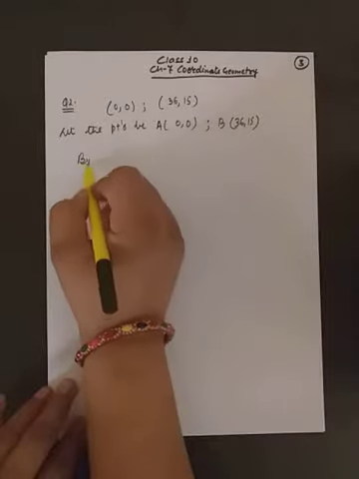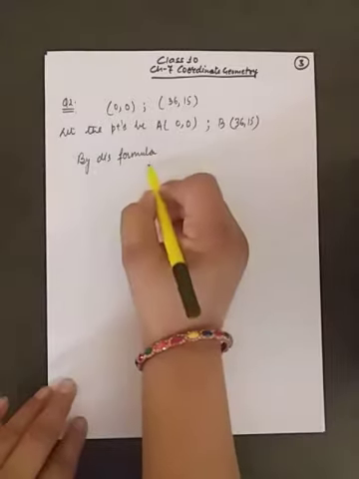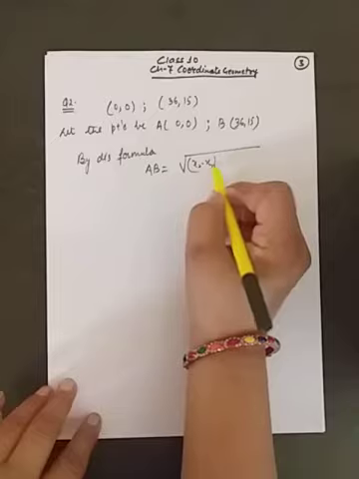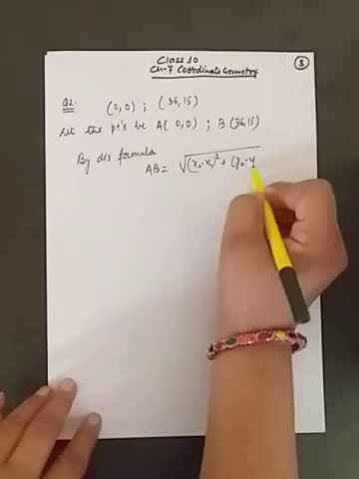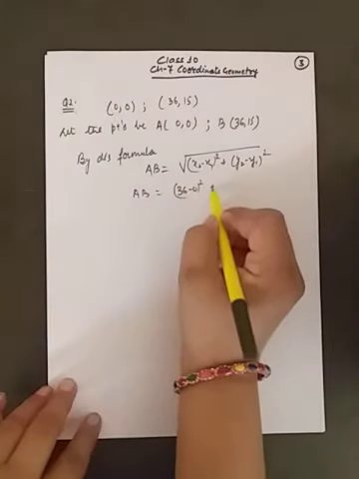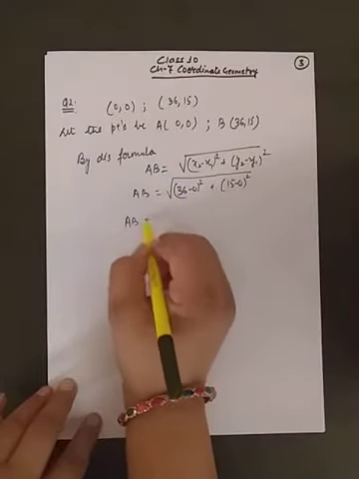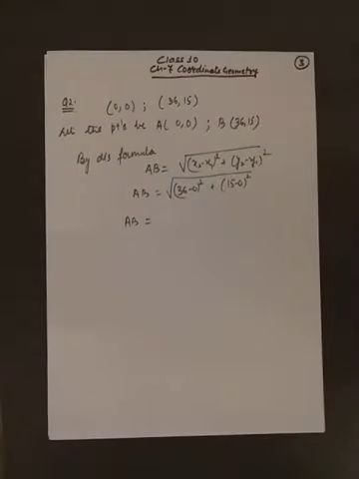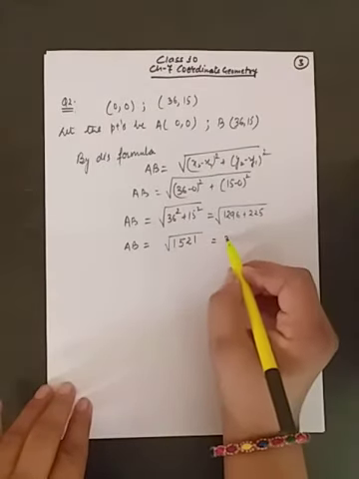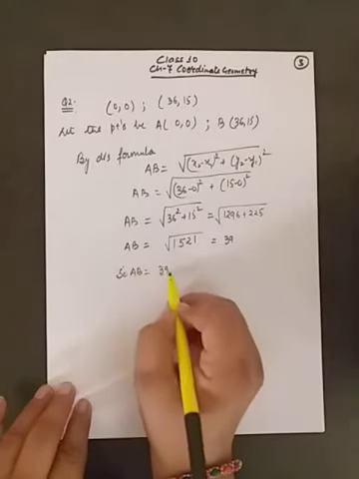So by distance formula, now what is the distance formula? Again we are going to apply it on A, B. So x2 minus x1 whole square plus y2 minus y1 whole square. And AB will be 36 minus 0 whole square plus 15 minus 0 whole square, whole under the root. Now we have to find the square root of 1521 and it is equal to 39. So AB is equal to 39.